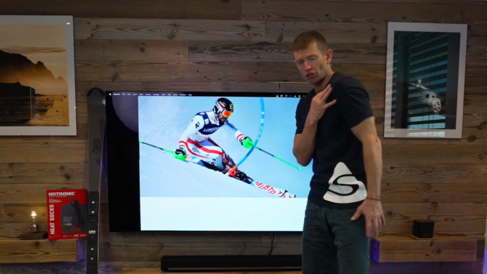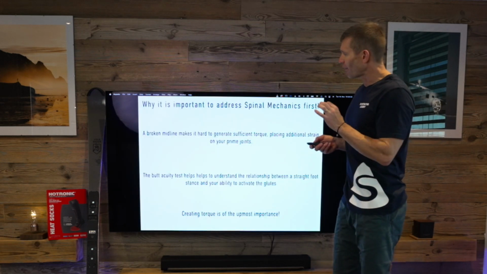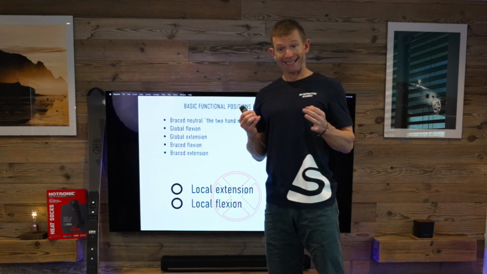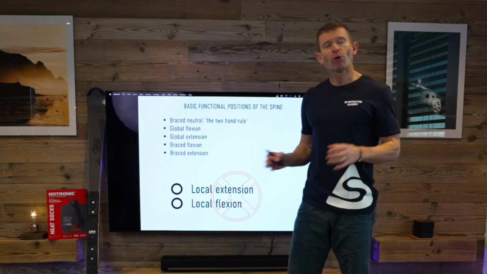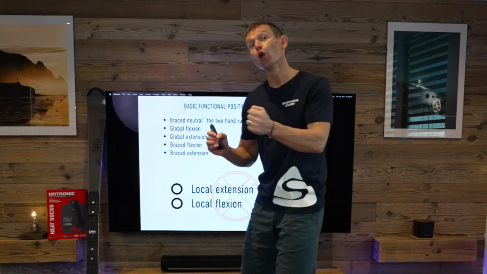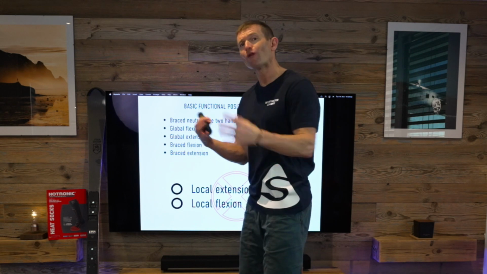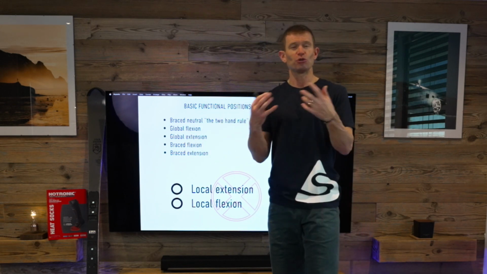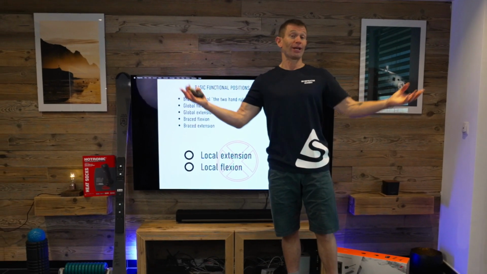He's not in a position where the shoulders are dipping forwards. So the mechanics are important, that we understand what we mean by global extension and flexion as opposed to local. But it is important you understand that it's the movement of the spine when under load that is controversial, as opposed to having some rounding of the back as you're skiing down to help absorb and to help you to be in a more dynamic position. You can't always be in braced neutral.